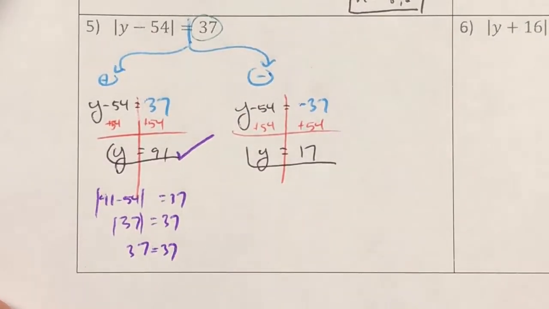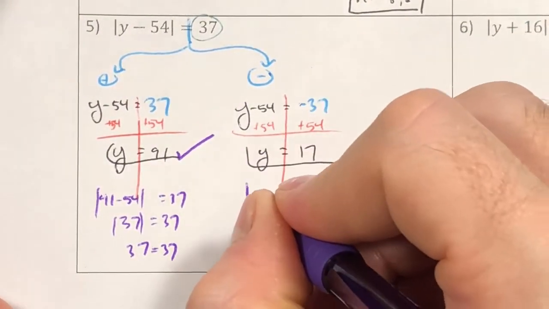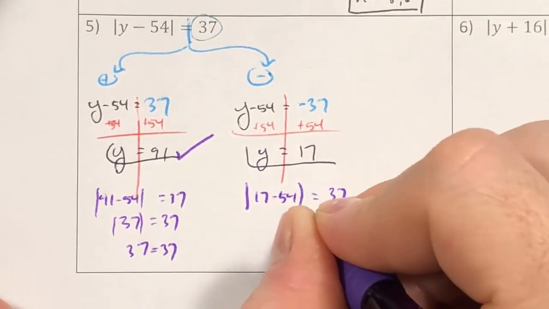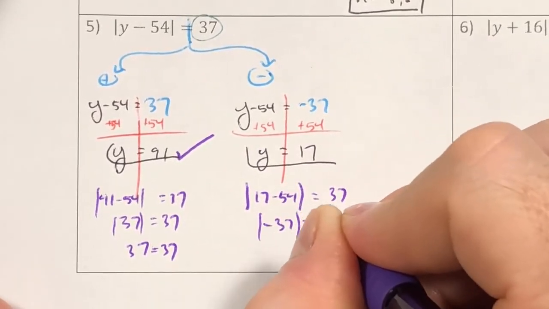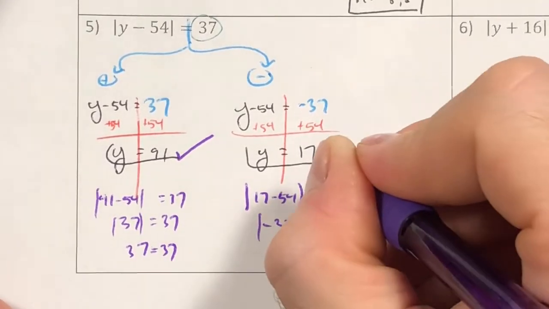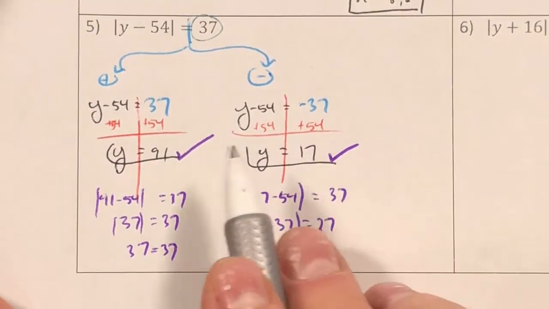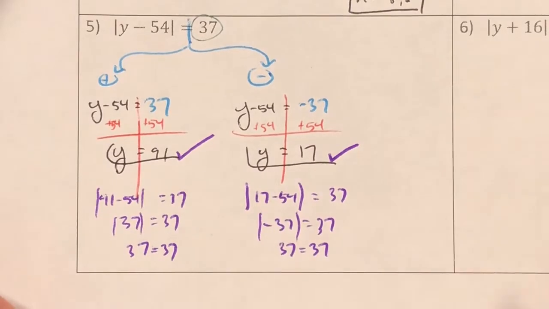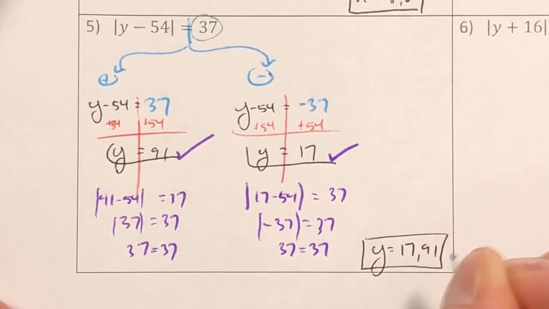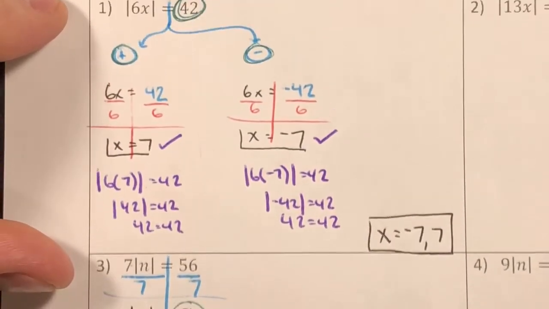That answer checks out. For my other one, 17, I'm going to plug that back into the original. Absolute value of 17 minus 54. This is going to give me my negative version of my answer. So negative 37, the absolute value of which is 37. So that answer validates. So in this case, this is the first time where I don't see a positive and negative version of my answers. My y is equal to 17, 91, which begs the point to mention that